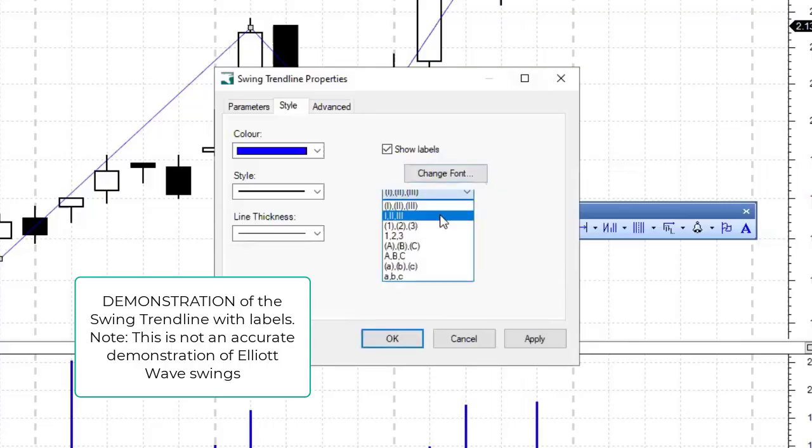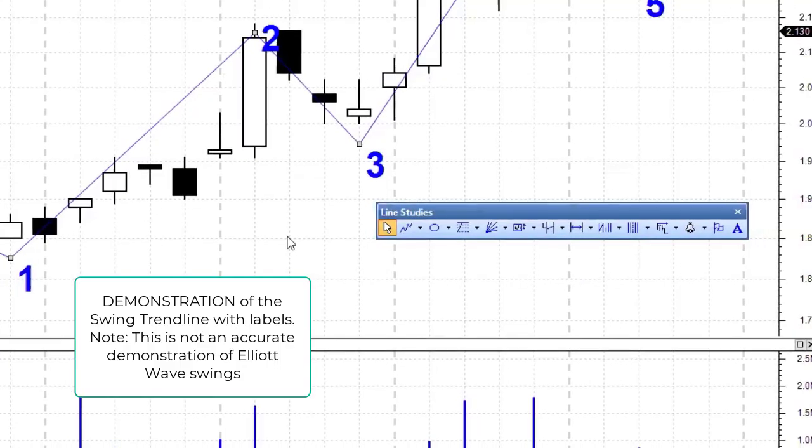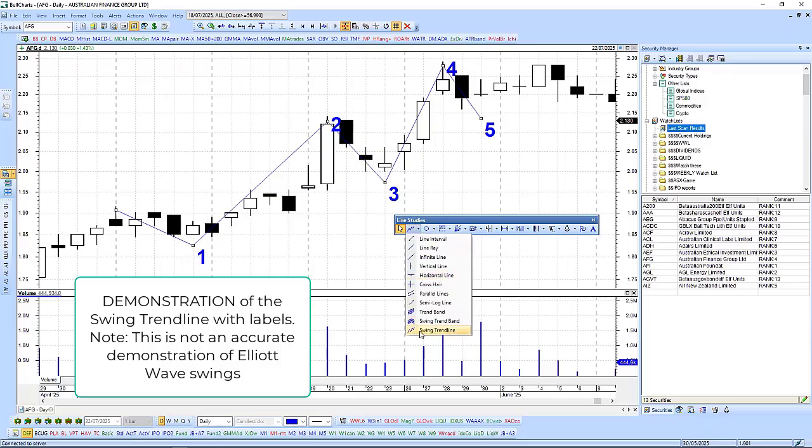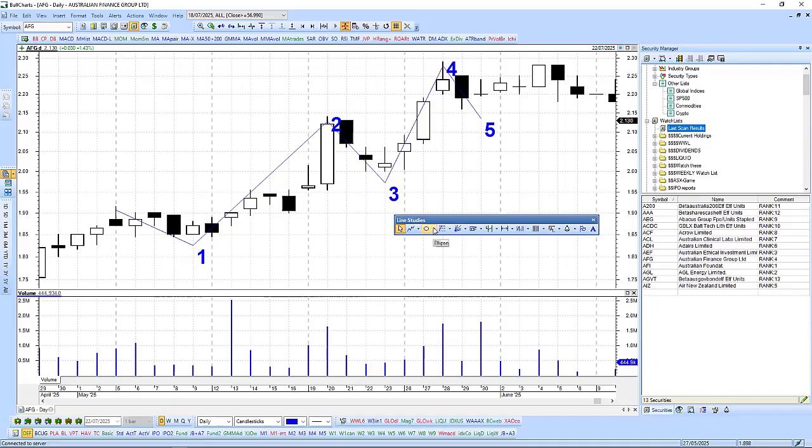And we can choose the style of label. Let's choose 1, 2, 3. And it adds those labels onto that swing trend line. So for anyone who's interested in that style of tool on the chart, there it is on the line studies toolbar, swing trend line. The next button on this toolbar has a few useful tools that you can add to